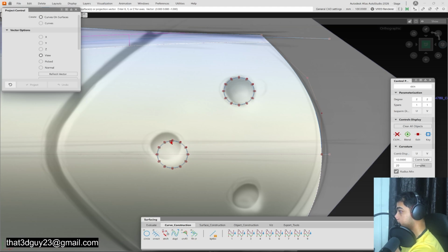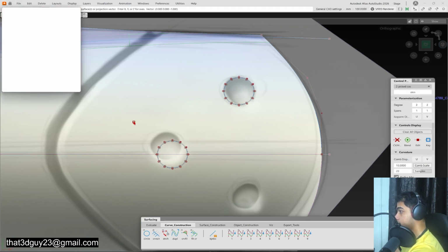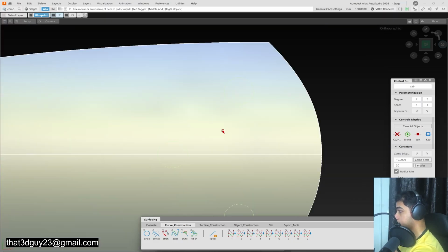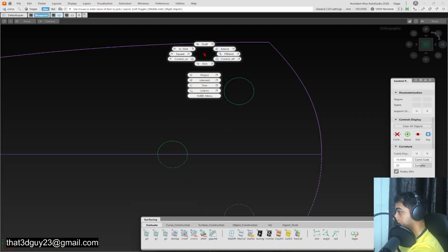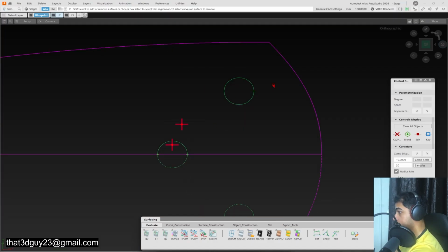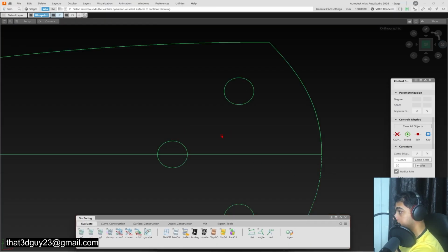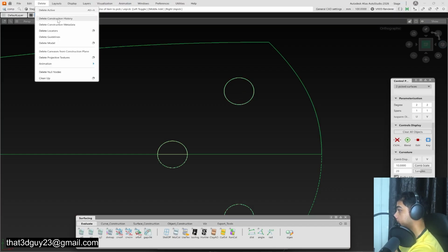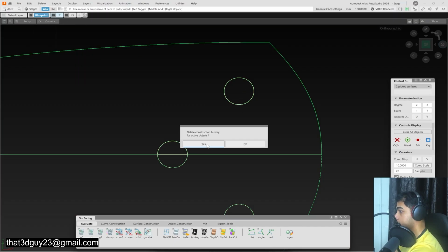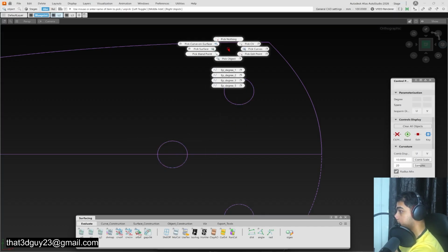Project these. So this one. I'll just use this surface. And we have the curves on surfaces, so that's perfectly okay. And trim, divide, and using divide, delete construction history. Yes, we can have a